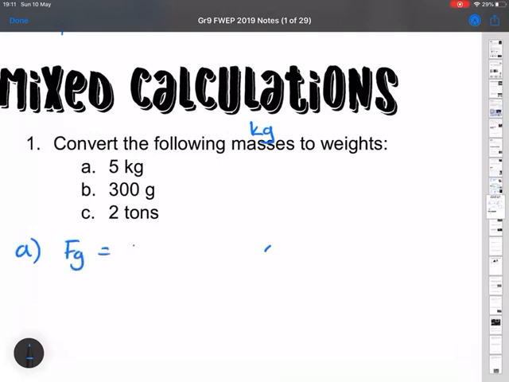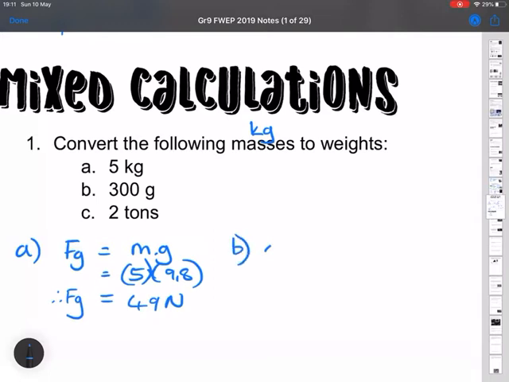weight Fg is equal to mass times gravity, which is equal to 5 times 9.8. You can put it in brackets rather. 5 times 9.8 will give us 49 newtons. So the weight for A is 49 newtons. For B,